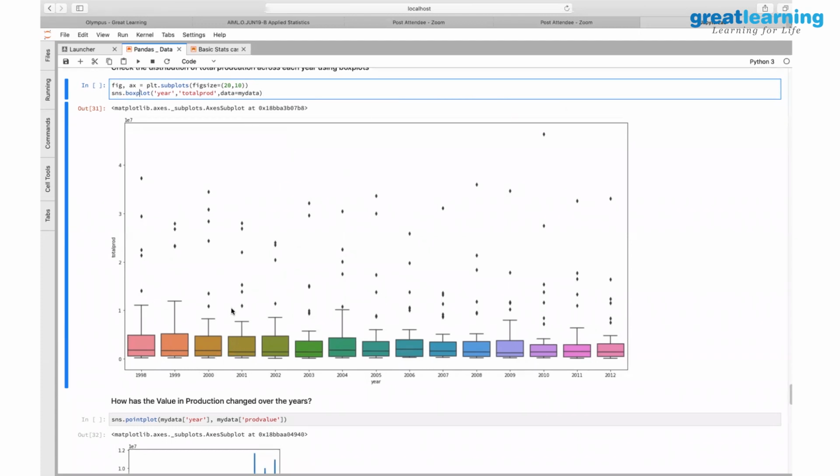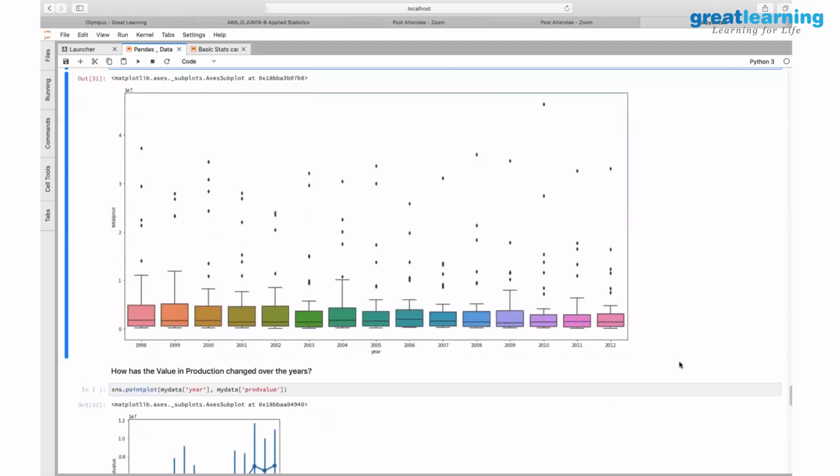That's what the box plot explains. If you do it for just one variable, you'll get just one graph. But this gives you a comparative view of different categories for the same value. So now I want to look at total production. I can do this box plot for total production alone, which gives me one single box plot. But I want to see comparatively how this total production varies across the years and how the box plot looks. And this is how I do it. This gives you a comparative picture essentially.